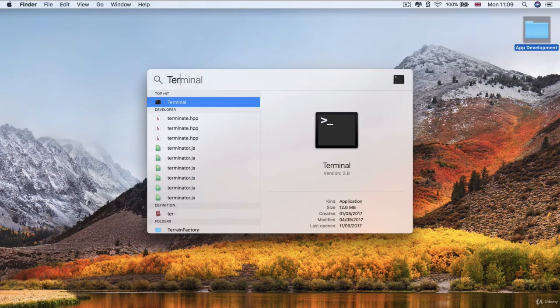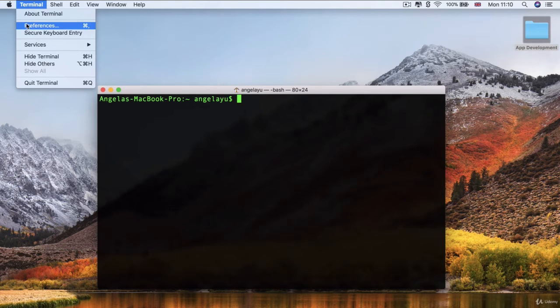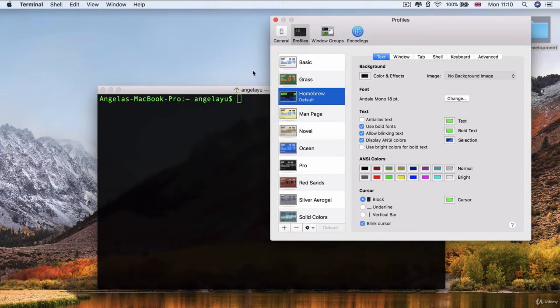But in Spotlight, I'm going to search for Terminal, and here is my brand new Bash shell, and you can see it is a Bash shell because it tells you so up here. So the first thing that you might notice is that my preferences or my display or the skin on my terminal might look different from yours. So if you want to change it to whatever you like, then you can simply head over to Preferences and